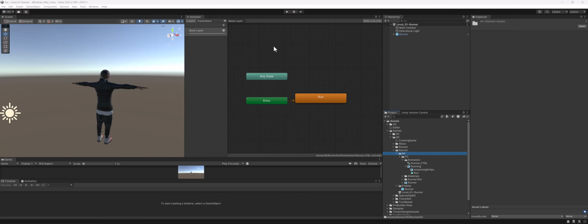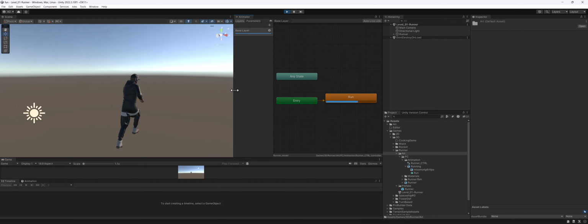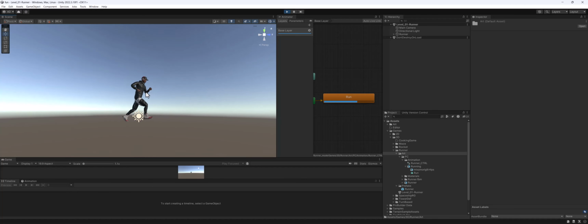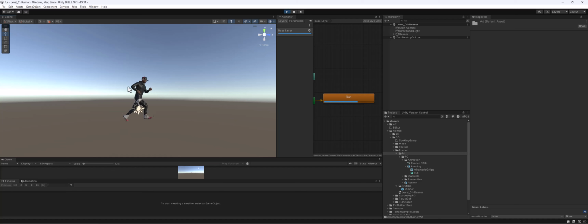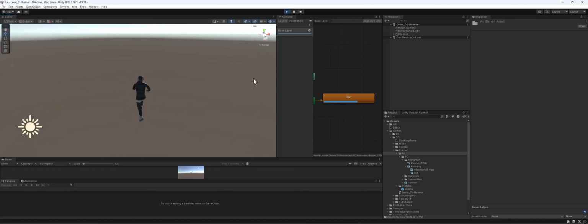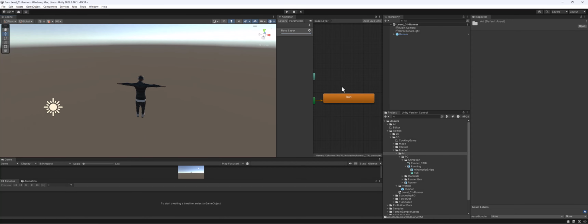All right, so what we have now is a character, he's running in place, and in endless runners, believe it or not, your character is not running across the surface. It's just that the objects look like they're moving, and that's because they're procedurally generated. So let's take a look at the process of procedurally generating a ground piece across the front as our character